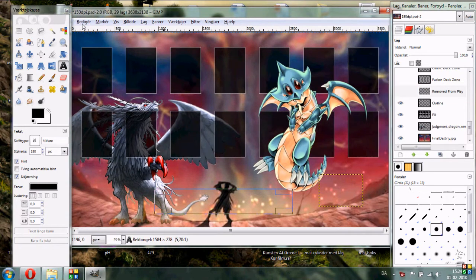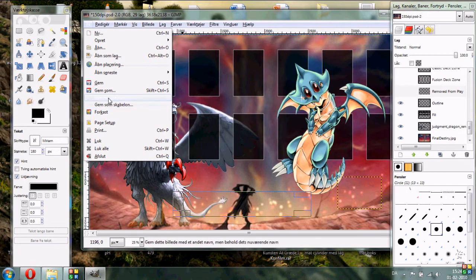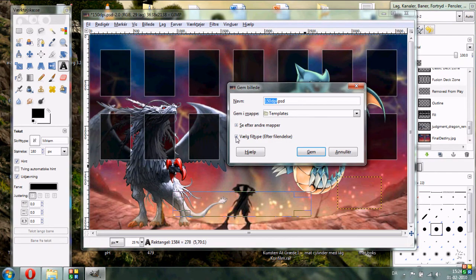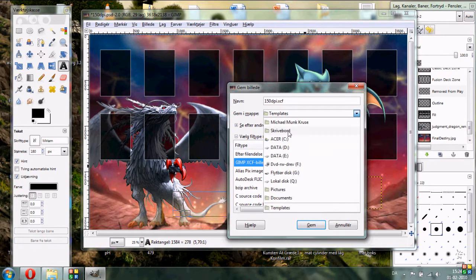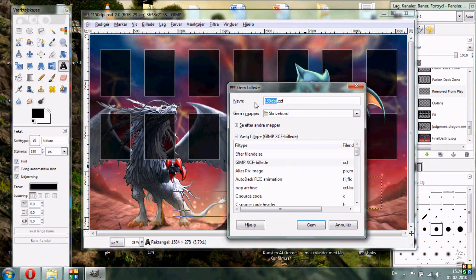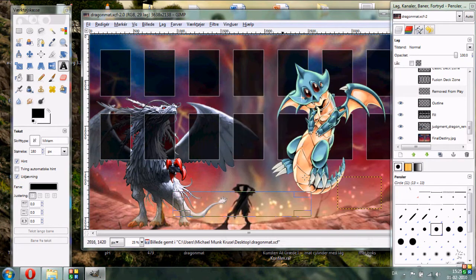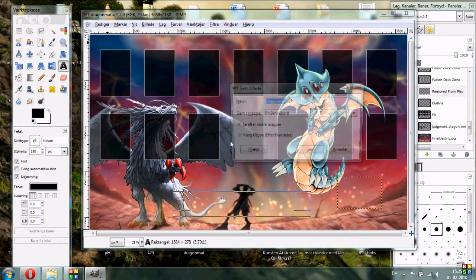So when your mat is done, click File, click Save As, and save it as a GIMP file. By saving it as a GIMP file, you can edit the layers later. So I'm going to call this Dragon Mat. Save. Be sure to save it as a GIMP file or Photoshop file if you use Photoshop, and then save it as a